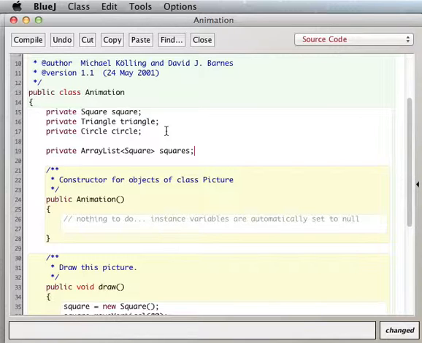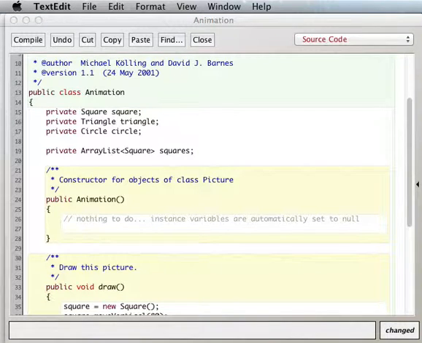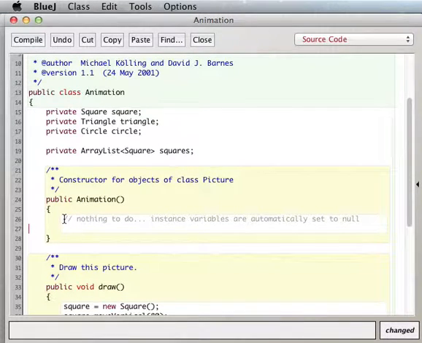squares, right? And we know we'd have to initialize this, right? So let's do that here. In the constructor, we're going to have to say squares equals new array list of squares. Right? And then